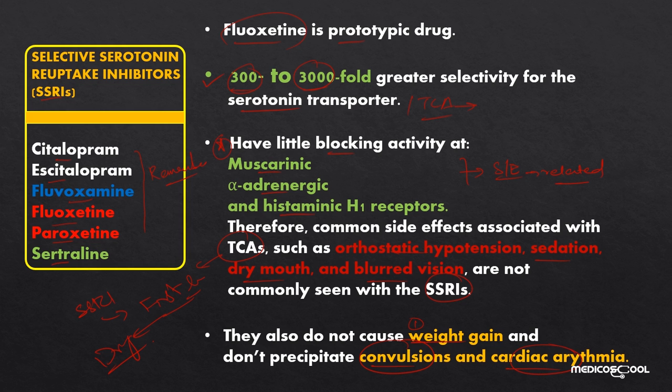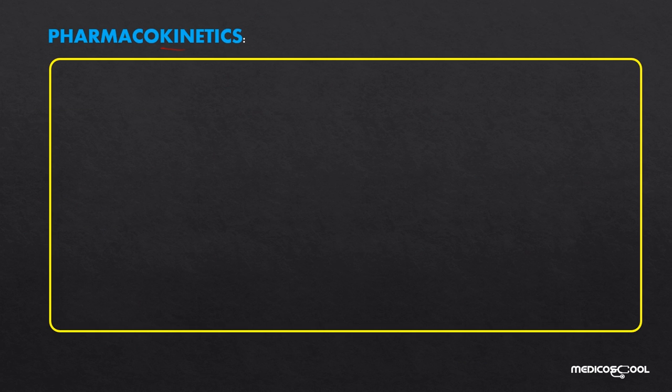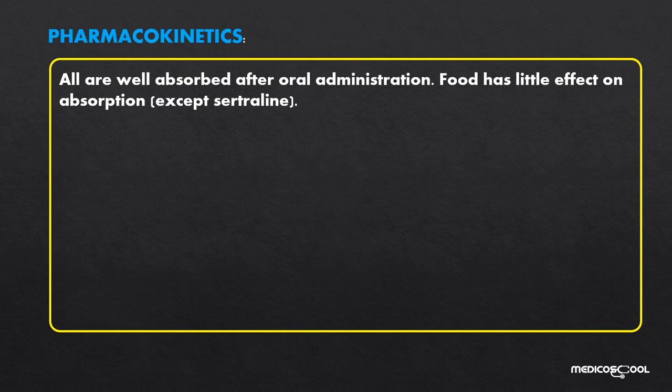Now let's talk about the pharmacokinetics of the SSRIs. We will discuss them under four headings: the ADME. A for absorption, D for distribution, M for metabolism, and E for excretion. So let's start. The first one, absorption: they are all well absorbed from the GI tract after oral administration, and